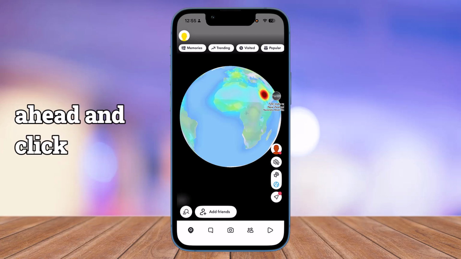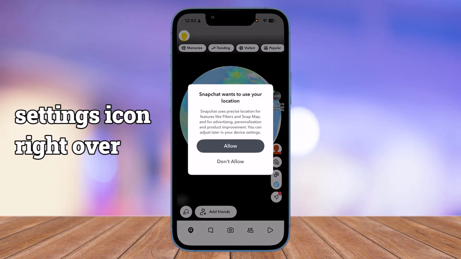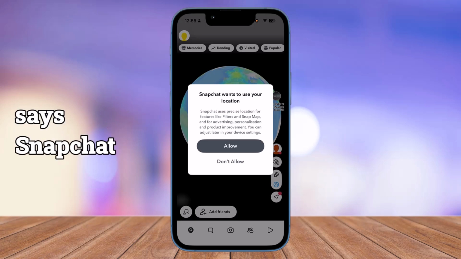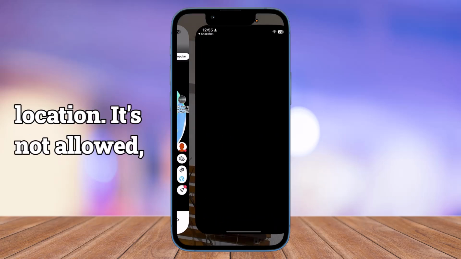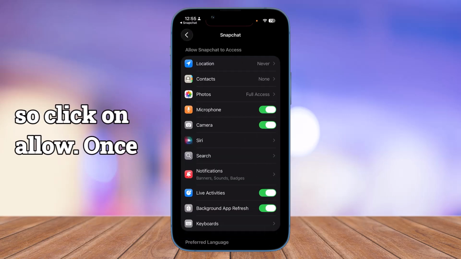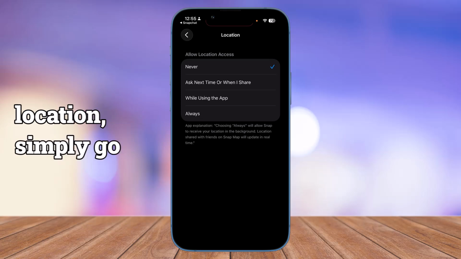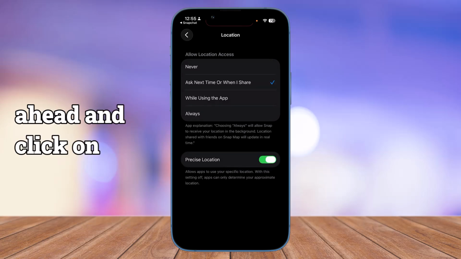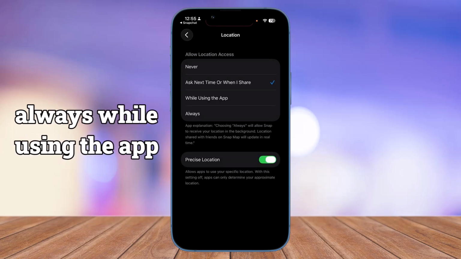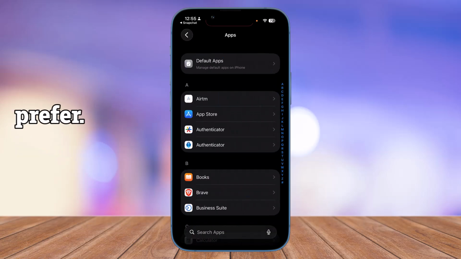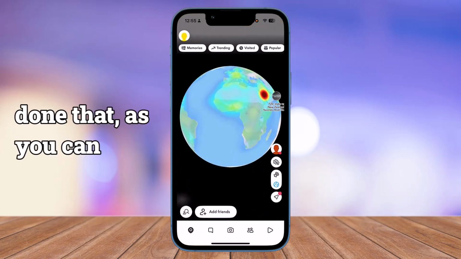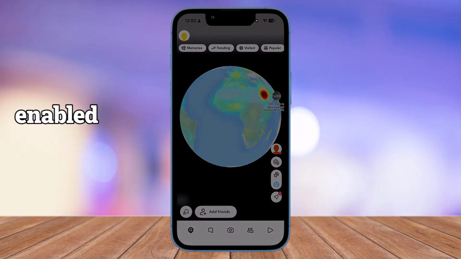Simply go ahead and click on the settings icon right over here. As you can see, it says Snapchat wants to allow your location. It's not allowed, so click on allow. Once you've done that on the location, simply go ahead and click on always, while using the app, or anything that you prefer. So once you've done that, as you can see, location should be enabled here,